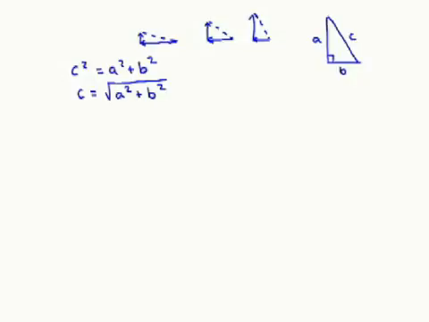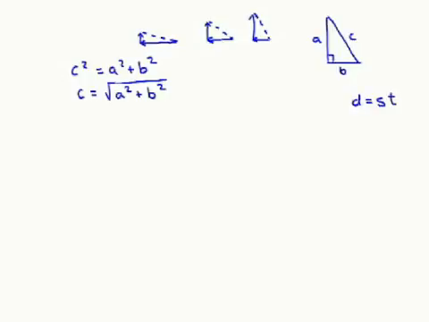Now, you end up with two problems at this point in time. First of all, we have three variables, C, A, and B. And none of those variables seem to have anything to do with time because we're trying to determine at what time were the cars closest together. So what we have to do is think back to a little bit of physics that we know. We know that